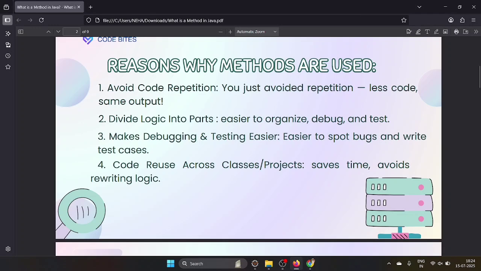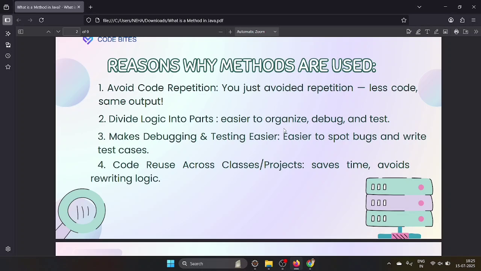Then here you will organize the methods separately, right? So if you get any errors, then you can easily identify them. Here it is just an example like addition and subtraction. Let's say you are building a student management system. If you want to add a student, you will write some logic, whatever is needed to add, like adding the student into the database. Whatever things you need, you put inside one method.